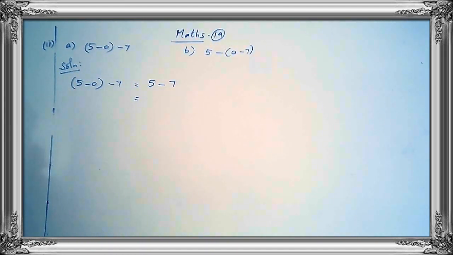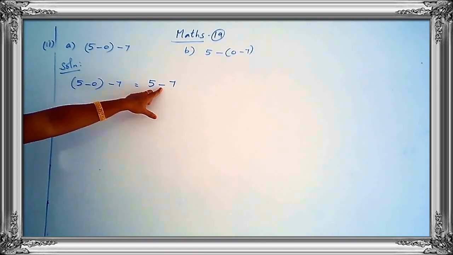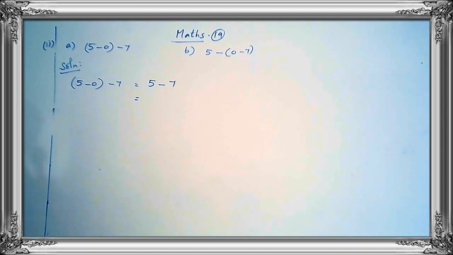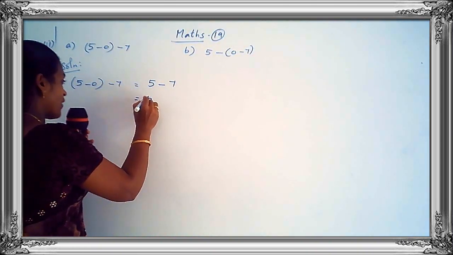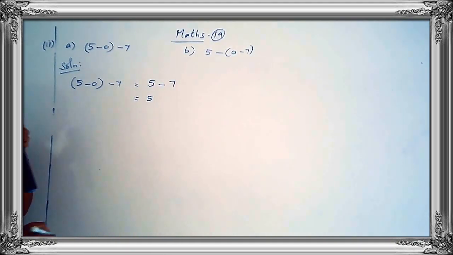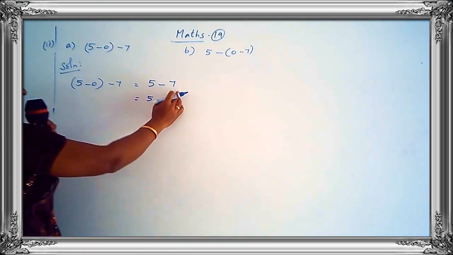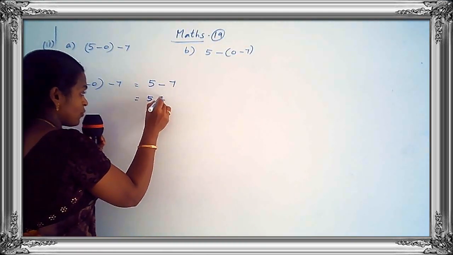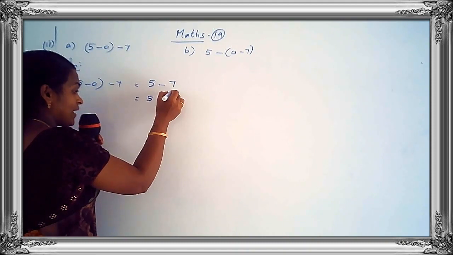In subtraction, yes children, the operation is subtraction. While subtracting an integer from another integer, we add the additive inverse of the integer to be subtracted, okay. So 5, we add the additive inverse, okay children. We add the additive inverse of the integer to be subtracted. So minus sign into plus, that time you put the additive inverse, okay.